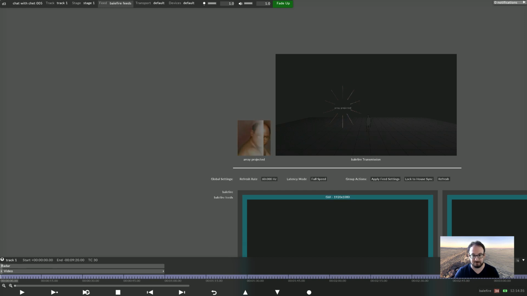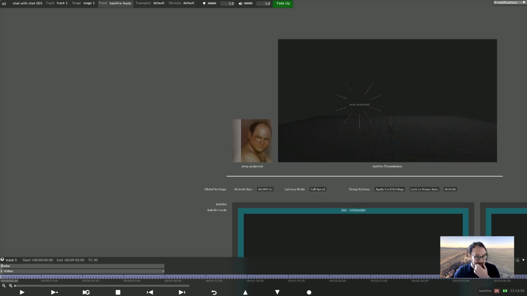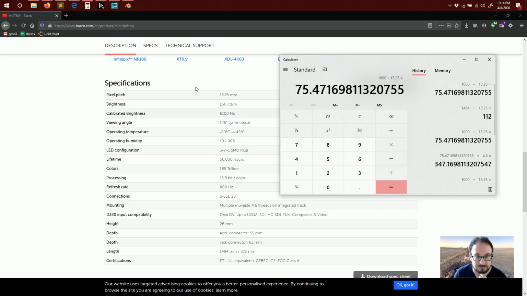That being said, there's something that's really drastically bad about this. And that's going to be the looks that you get from your LED technician when you tell them how you've gone ahead and patched this. So let me jump out of D3 because D3 is really not enjoying running Blender and this at the same time. So back in Blender,